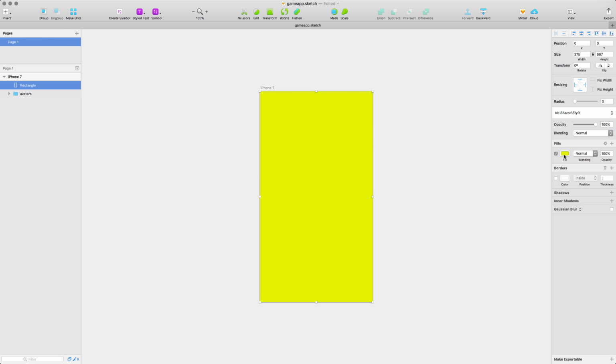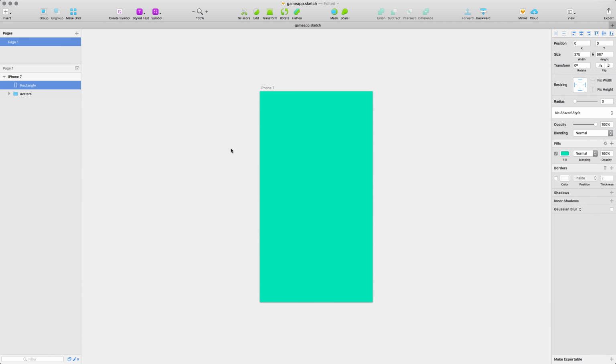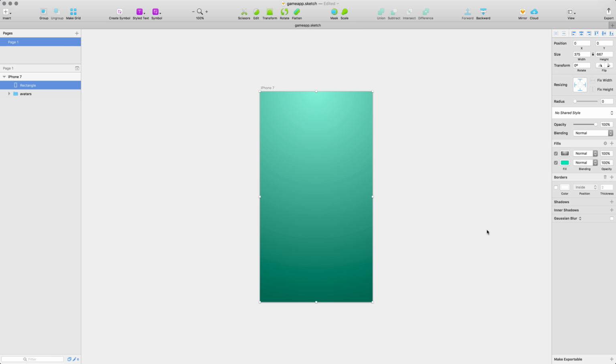In addition, you can add multiple fills. So if you click there, you can have one fill, but with the same layer selected, you can add another fill. For example, let's have some gradient here, and you have two fills. So that's nice. If you don't want it, just get rid of it like so. And I can change the name of this layer to BG and show you some other cool feature of Sketch,